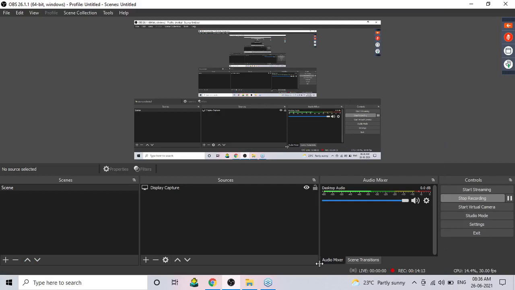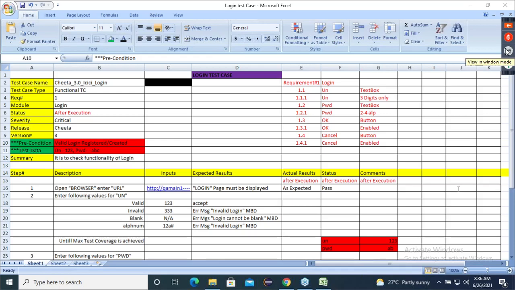Observe. Because of this reason, they have introduced two new attributes called precondition and test data. Precondition means before you start executing the test case, and executing the test case is nothing but the body portion. Yes or no? Whenever I say executing a test case, that is nothing but the body portion.